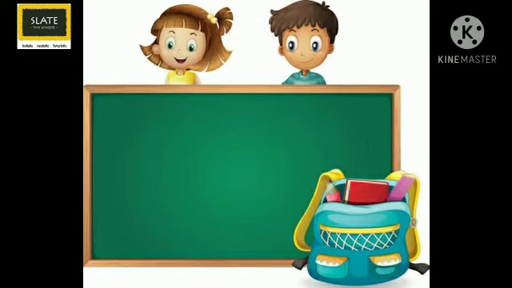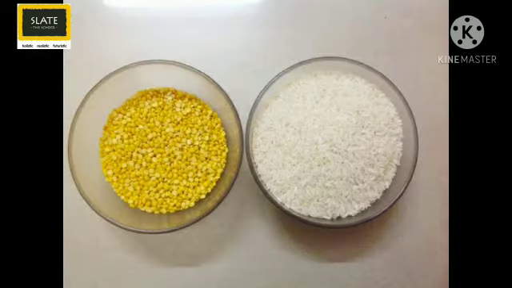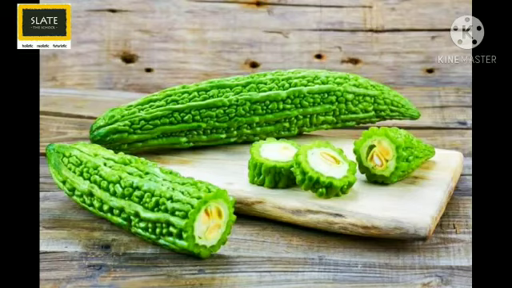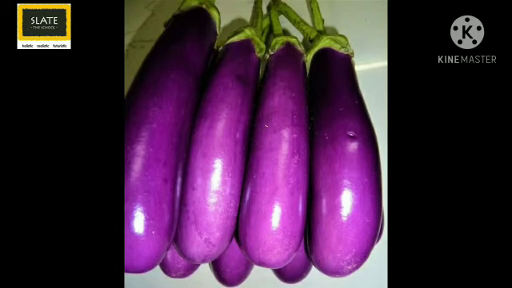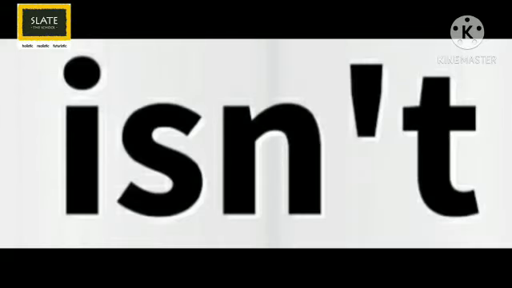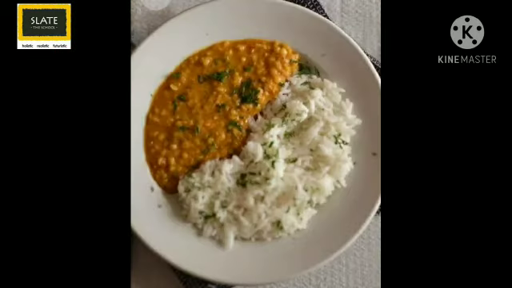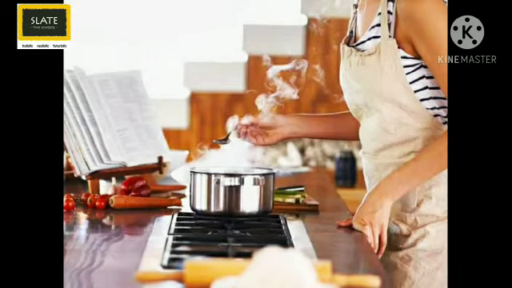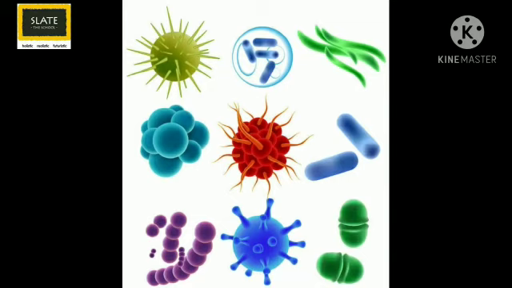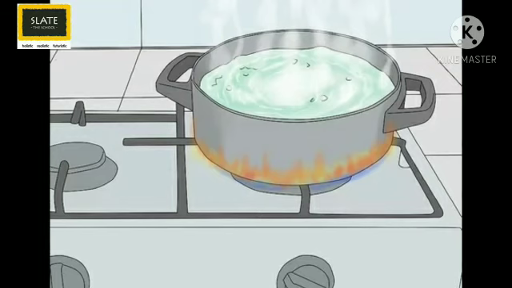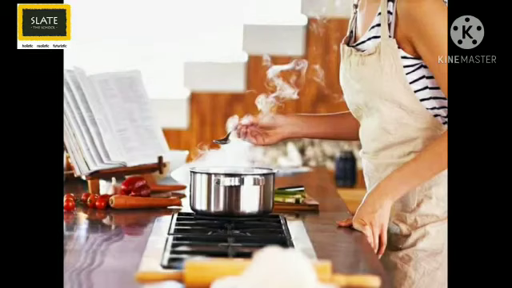Sliders, would you all like and be able to eat raw rice and dal? Would you all prefer eating uncooked vegetables like bitter gourd, flat beans and brinjal? No, isn't it? However, if we cook dal and rice, it becomes soft and easy to digest, and it also adds taste to it. Cooking also has the benefit of killing germs if at all they are present in the food. Children, germs cannot tolerate heat and hence they are killed when cooked. It also makes our food safe and healthy.